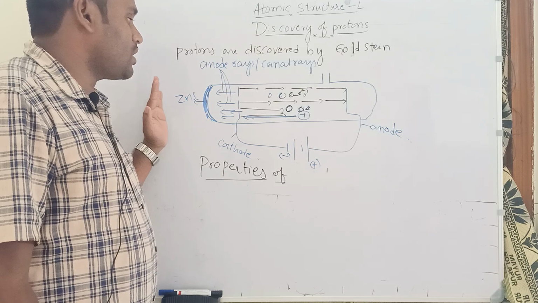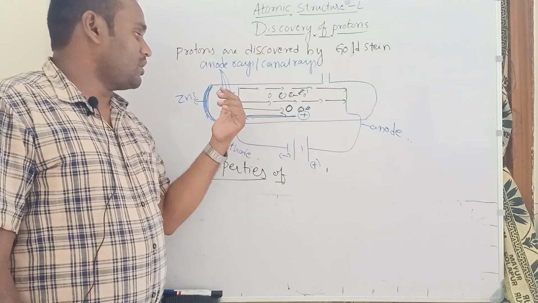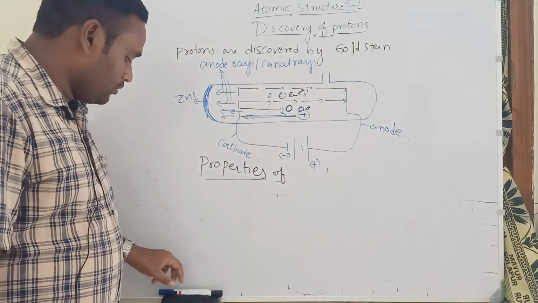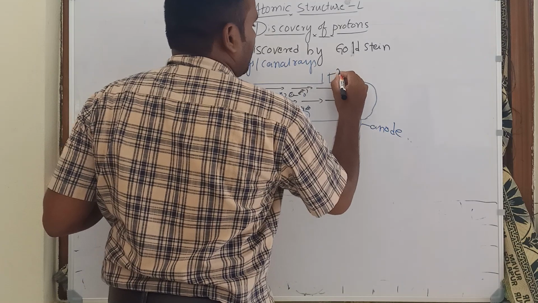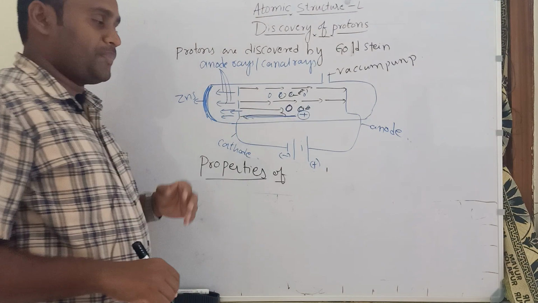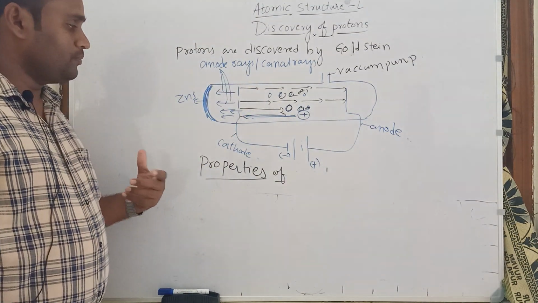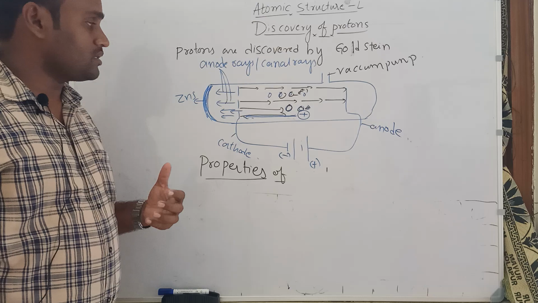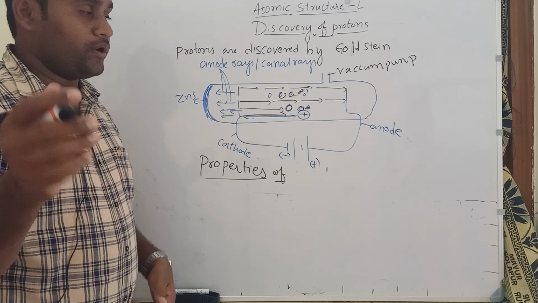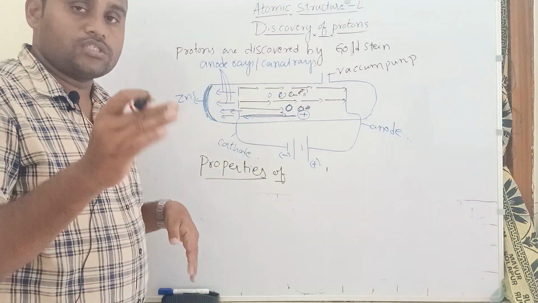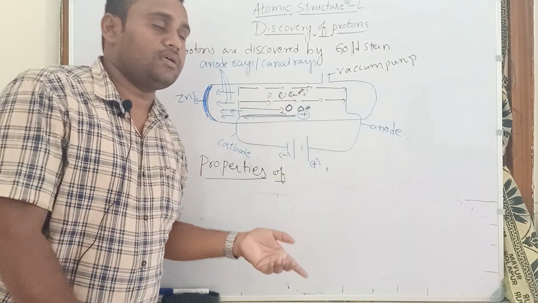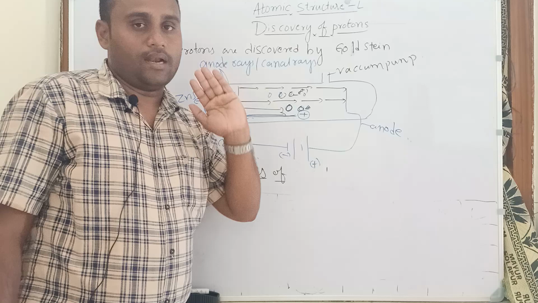We already know the discharge tube is made up of a glass tube which contains one opening. This is connected to a vacuum pump, which is used to adjust the pressure inside the discharge tube, and it is connected to a very high voltage. We already know that at normal conditions gases act as insulators. They are not going to conduct any electricity, but we can achieve some conditions, such as very low pressure and high voltage difference. In such conditions gases are going to conduct electricity.